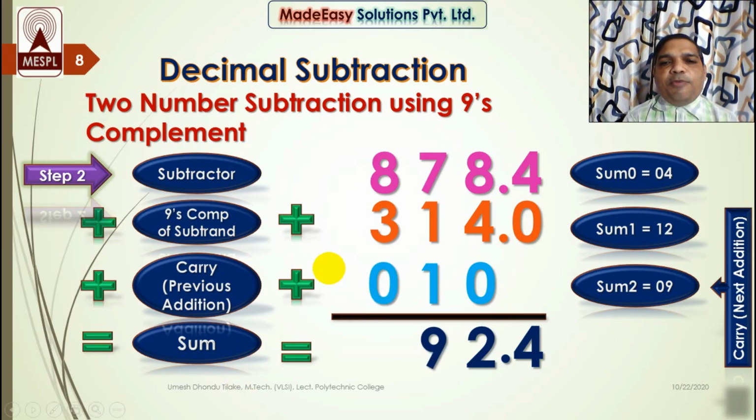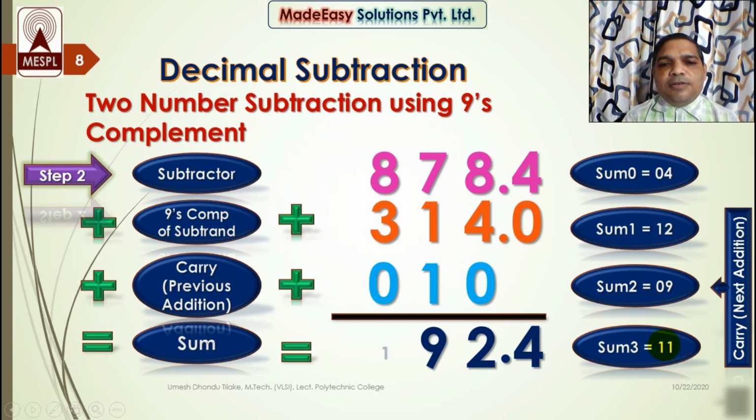So now finally perform the MSD addition. So 8 plus 3 is equal to 11. So here 1 is the sum and 1 is the carry. So I will put 1 over here and 1 is the carry for the next digit addition. But as there are no next digits to add, I will put the carry as a sum. So I got the sum over here and I have to check the carry, which is our step 3.